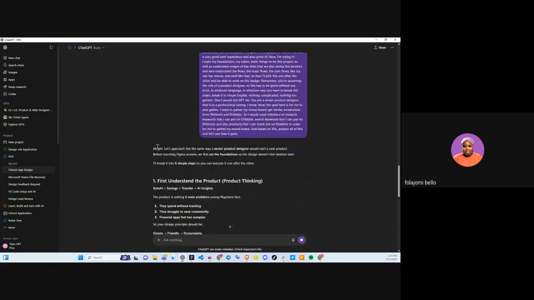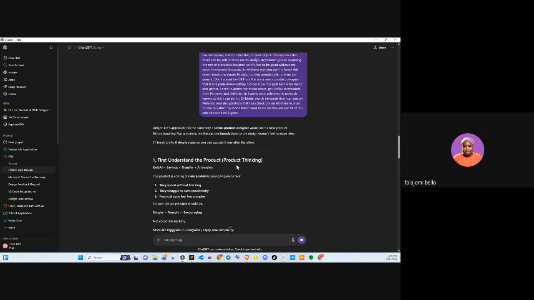It said, all right, let's approach this the way a senior product designer would when starting a new project. Before touching the Figma screens, we set foundations so the designs don't feel random later. I'll break it into 6 simple steps so that you can execute. First, you can see